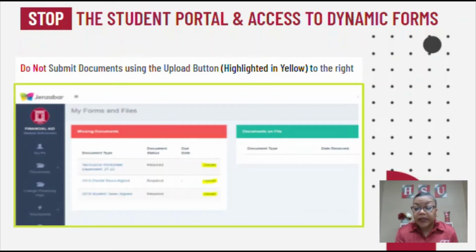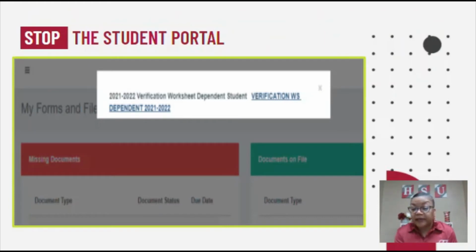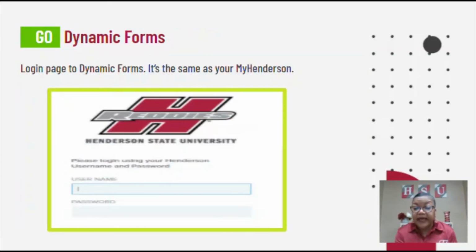We ask that you click on the actual document so that you may be able to go to dynamic forms. Please do not submit documents using the upload button to your right that's highlighted in yellow. Once you click on the actual document, you will see this window pop up above. Then we would like for you to click the document again. So this way, when you click that document in that little window, you will be taken to this sign-on